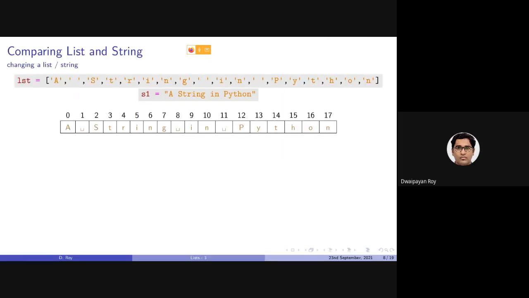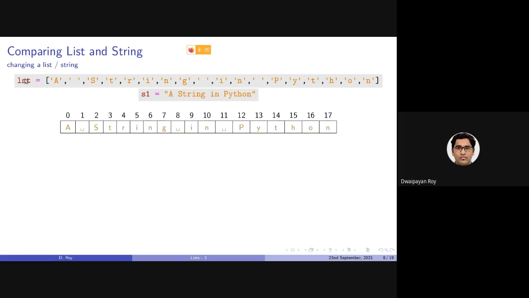Now coming back to the situation where there is a difference in the way strings and lists are handled by the Python interpreter. As we have discussed, a list containing a set of strings and a string containing the same statement are handled in a similar way.